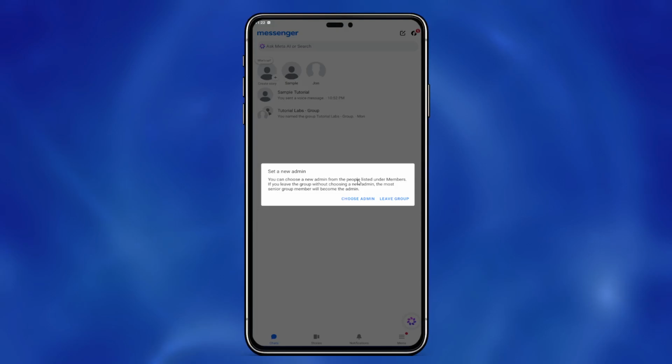Now, here's something important to note. If you happen to be the admin of this group, a confirmation message will pop up on your screen. This is Facebook's way of making sure you really want to leave, since admins have special responsibilities in managing the group. When this message appears, simply click Leave Group again to confirm your decision, and you'll be removed from the